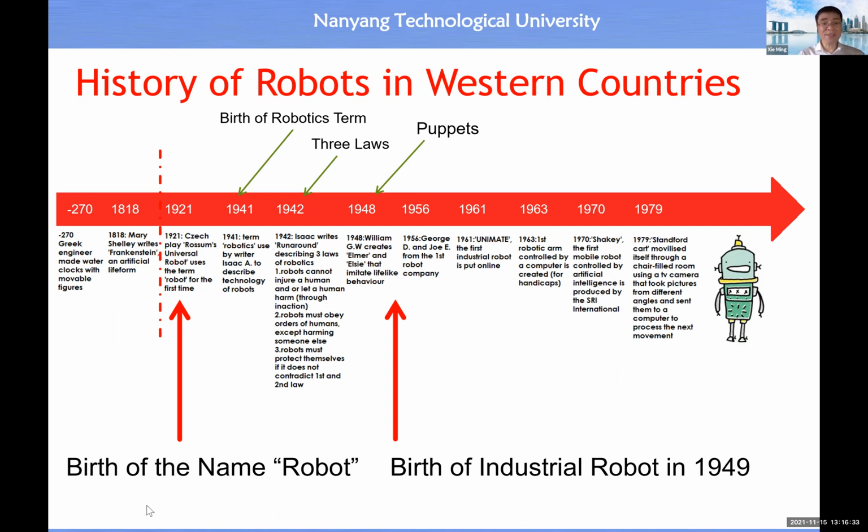The first event is the birth of the name robot, which occurs in year 1921. The second event was the birth of a robotic term, which occurred in 1941. The third event was the birth of industrial robot, which occurred around the year 1949, because in year 1949, there